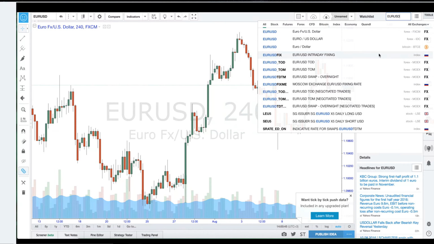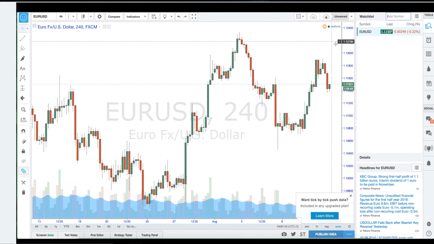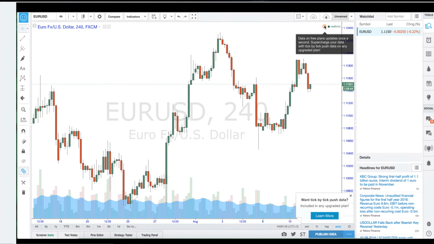All right. Now I'm going to explain this. So firstly, you can see all of these different EURUSDs. Some are binaries and so forth, but the symbol I recommend is either FXCM or IDC. Now, FXCM and IDC, they're just the different data feeds that are coming into the back end of TradingView, because I do believe FXCM have sponsorships with TradingView, and they're the guys who are in fact providing TradingView with the back-end data feed.